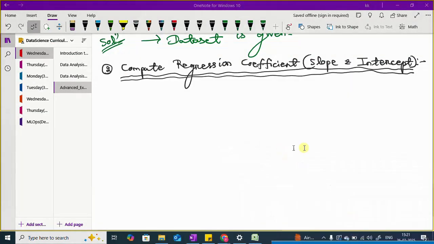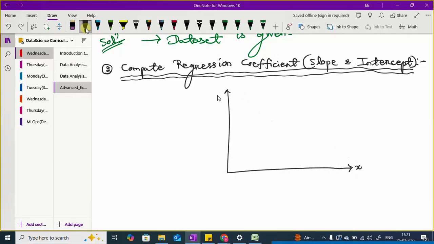Okay. Compute regression coefficient and slope. Fine. So what is that? Let me draw a simple line, linear regression in the 2D axis. So this is my x-axis. This is my y-axis. Okay. If I draw a simple linear line,